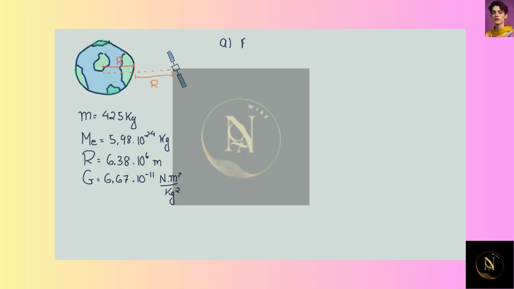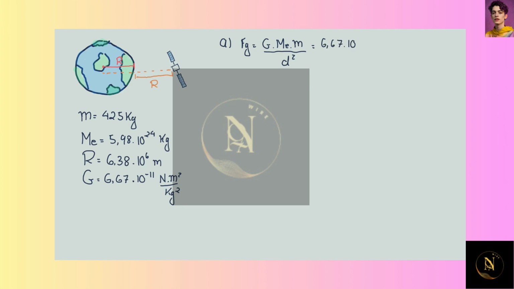For the first item, we have to use the equation for the magnitude of the gravitational force, which is the following. The magnitude is given by Newton's constant times the mass of the first object times the mass of the other object divided by the distance in between them squared. Then, using the data given by the problem, we have